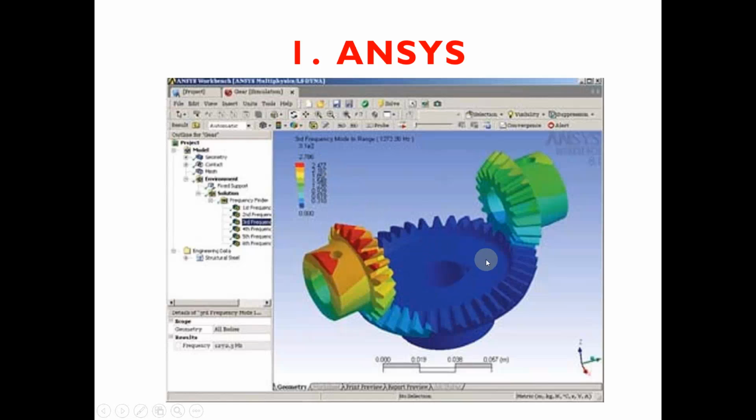Blue color shows areas where there is least or no stress. It can be stress or strain. Green shows the area where there is a little bit of stress or strain. Yellow color shows the area where the strain or stress has increased. Orange color, again, more stress is present, and red color is a danger zone, the area where maximum stress will be produced. So it can be either stress, or if you are doing any analysis with heat,